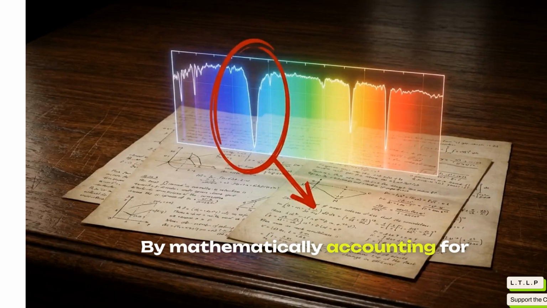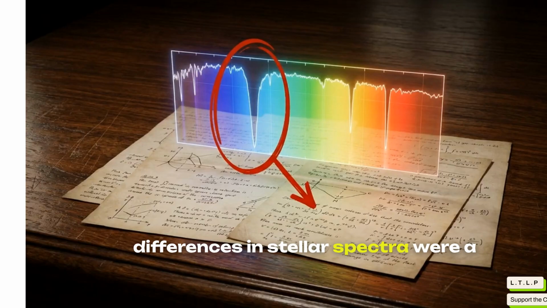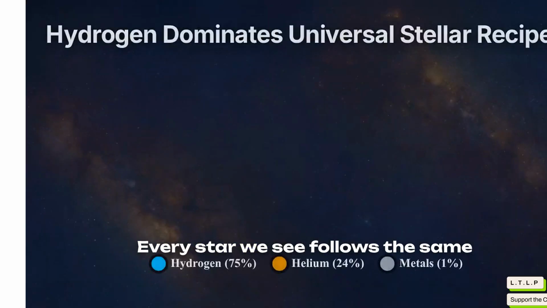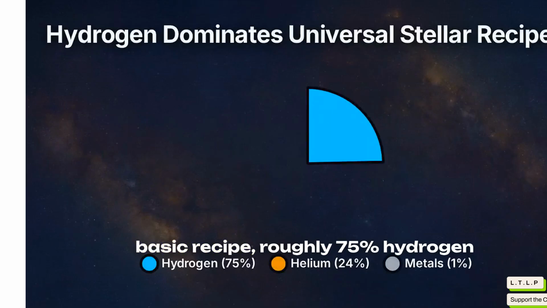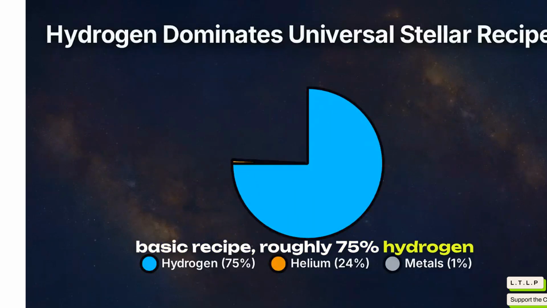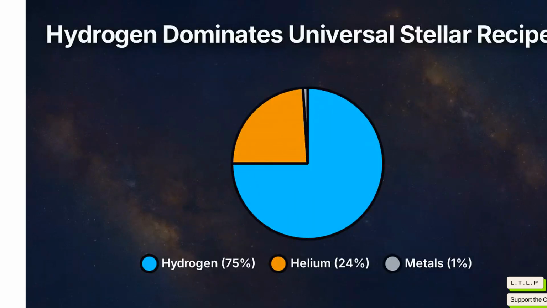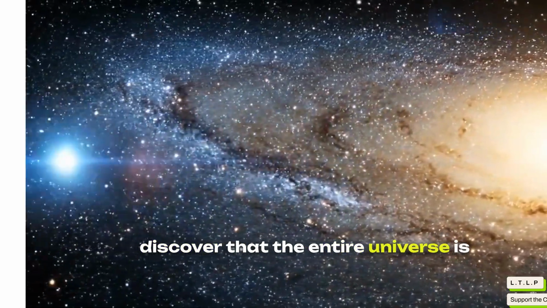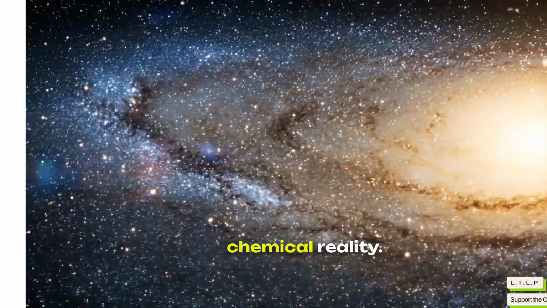By mathematically accounting for how temperature hides certain signatures, Payne proved that the differences in stellar spectra were a matter of heat, not composition. When she corrected for these effects, the true chemical tally emerged. Every star we see follows the same basic recipe, roughly 75% hydrogen and 24% helium. By decoding the missing light, we discovered that the entire universe is built from a single underlying chemical reality: